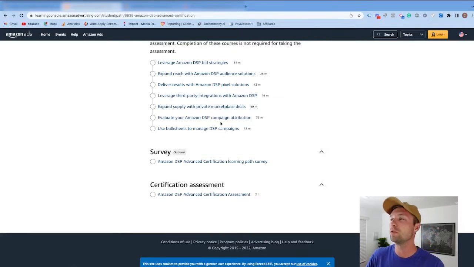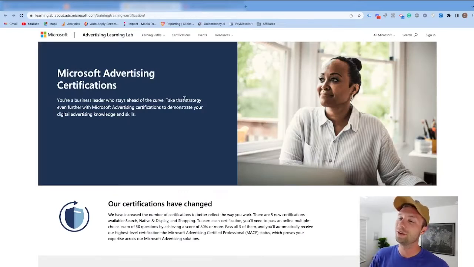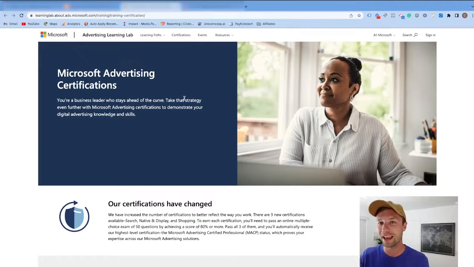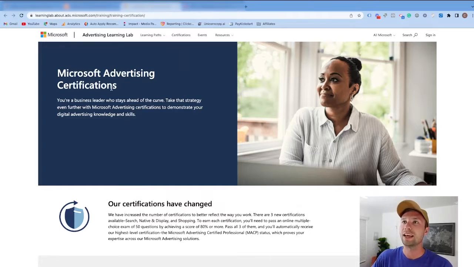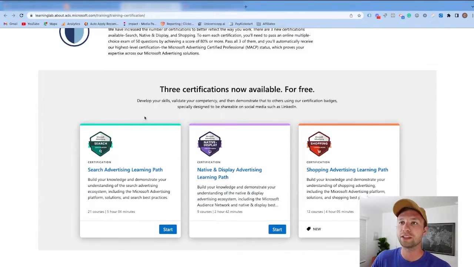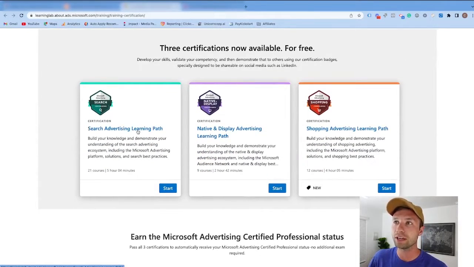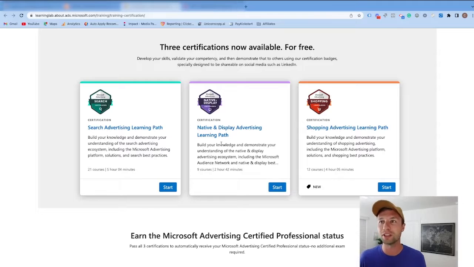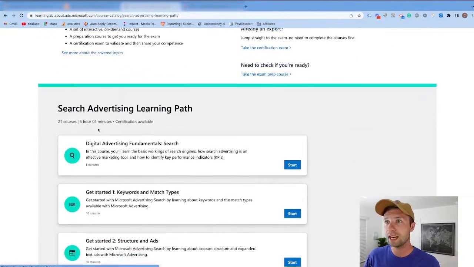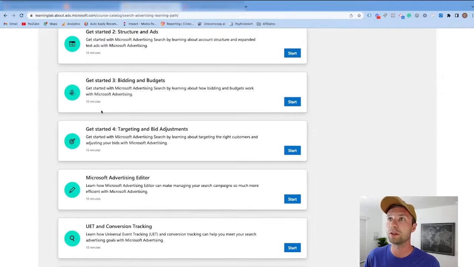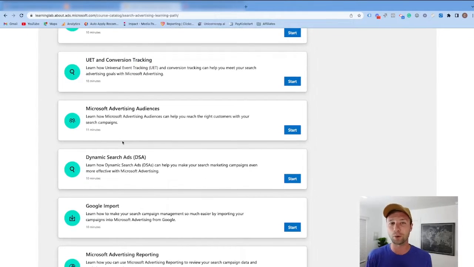And so now let's move on to option number 3, which is Microsoft Advertising certification, formerly known as Bing Ads. As you can see here, they have their own certifications as well. The Search Advertising Learning Path, the Native and Display Advertising Learning Path, and the Shopping Ads Learning Path. Very similar to Google as well. You can go through and take the courses. You can come in here and start and actually go through. It will walk you through what you are going to be learning, and at the end, take a course and